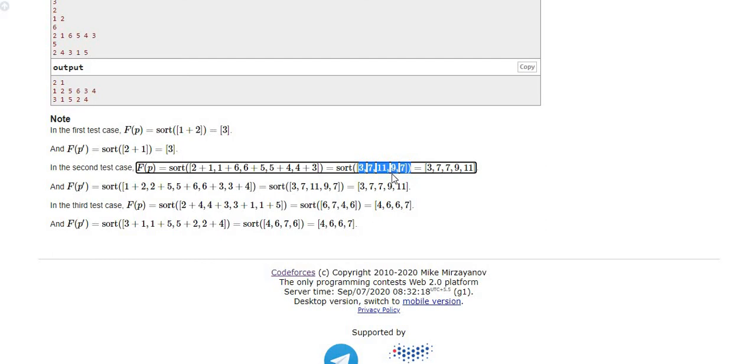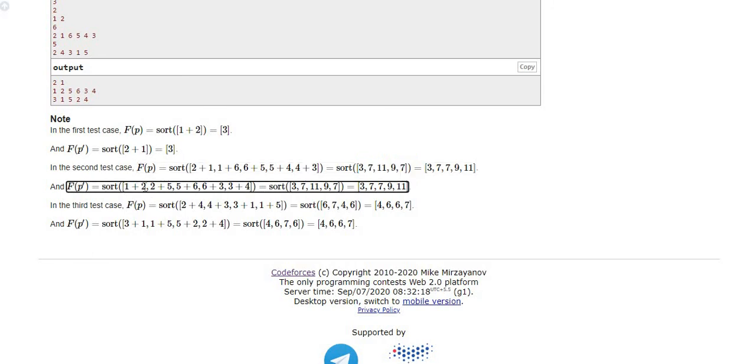The only thing is you should have the same fingerprint as F of p. Here there is a possibility: if we take 1 comma 2 comma 5 comma 6 comma 3 comma 4 and take the sums of adjacent elements, it gives the same fingerprint. 3 appears once, 7 appears twice, 11 one time and 9 one time. So again it generates the same fingerprint.